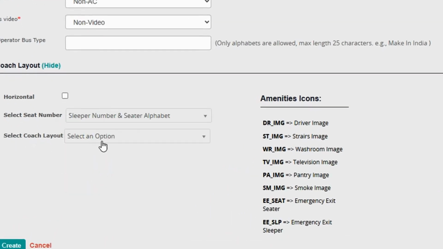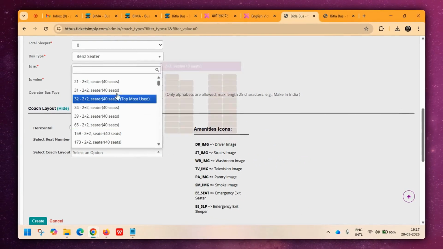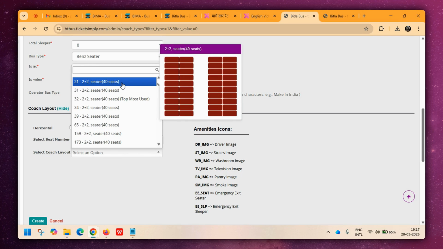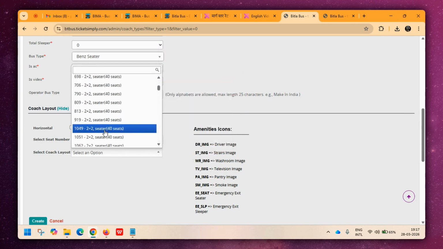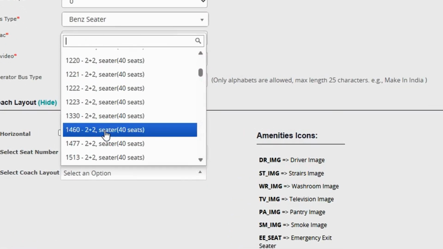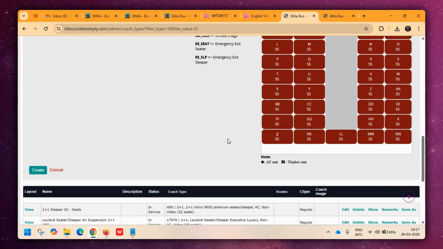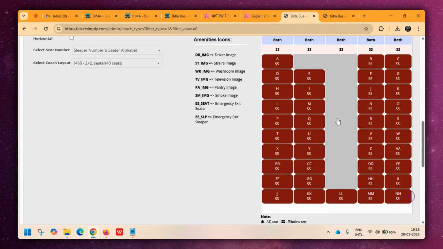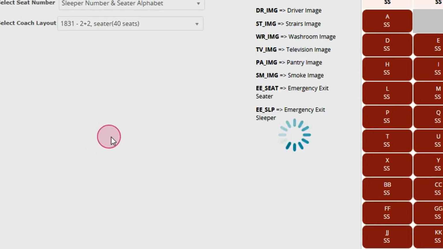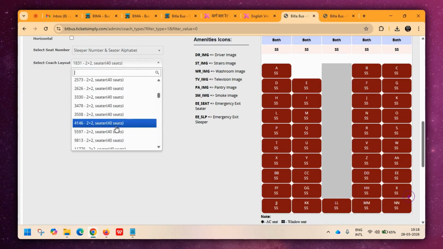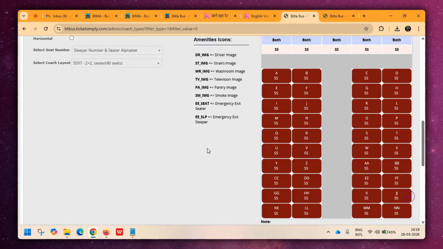Next we click on seat layout coach. Here we can see all the 40-seater bus types that have already been created, available in the drop-down menu. We need to select the correct one. We select that one only. We can see all 40 options here. This is the 40C. In the middle, there is a C, and at this entrance, there is no seat. If this seat type does not match our bus, then we can click on this option to choose a different one. And here, we can select multiple options that are correct.